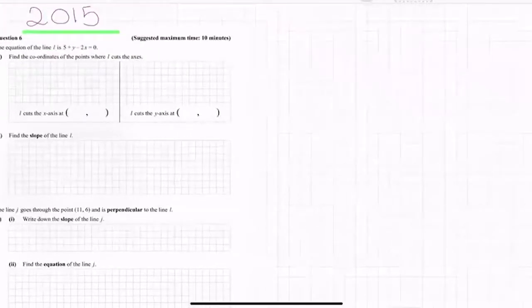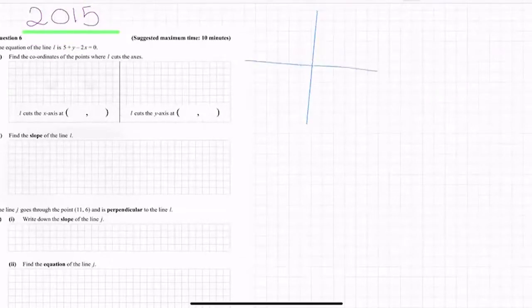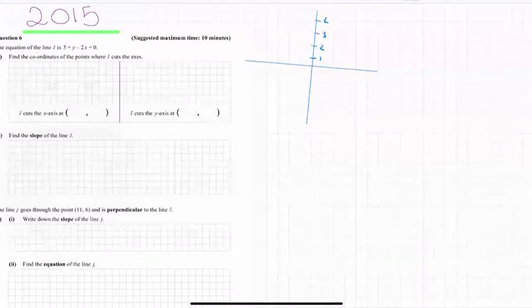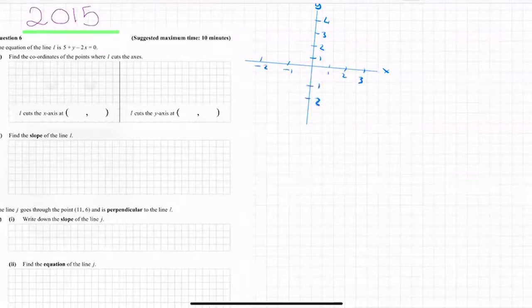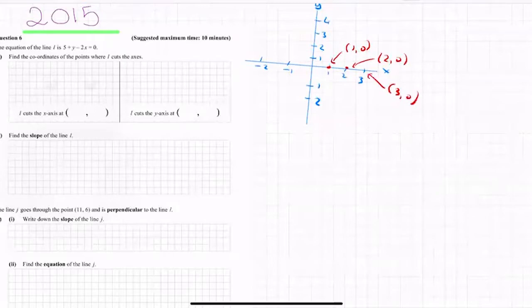Okay, so I'm just going to draw a very crooked coordinate plane. That's my y-axis, this is my x-axis. I want to just jot down some of the coordinates. So that point 1 on the x-axis, its coordinate is x comma y, so 1, 0. This one is 2 comma 0. This one is 3 comma 0. And of course it works the same on the negative side of the x-axis, minus 1 comma 0, minus 2